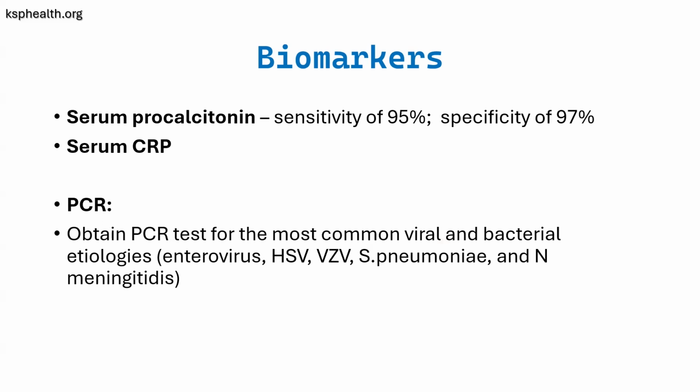Number one, it is available in a package. In the United States, the multiplex PCR is available. It's a meningitis panel. It detects viruses and all the bacteria, meaning the most common bacteria that can cause meningitis. And the result can be available in 30 minutes to a few hours.